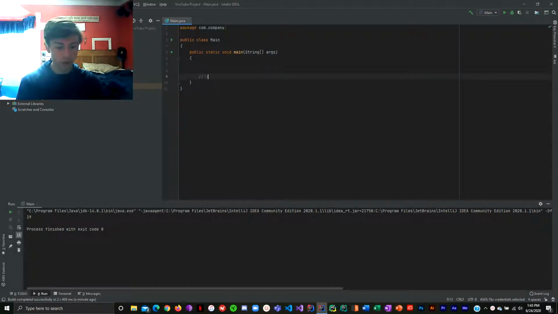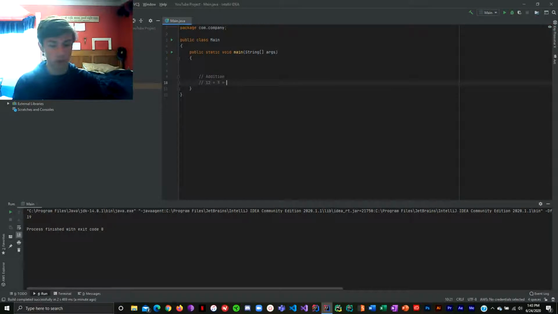So the first thing we're going to take a look at is addition. And we know in regular math we can have something like 12 plus 3, and we know that equals 14. We know that equals 15 actually. And so in math, when you want to print the result to the screen, you're going to use a print statement like we talked about before. So let's do